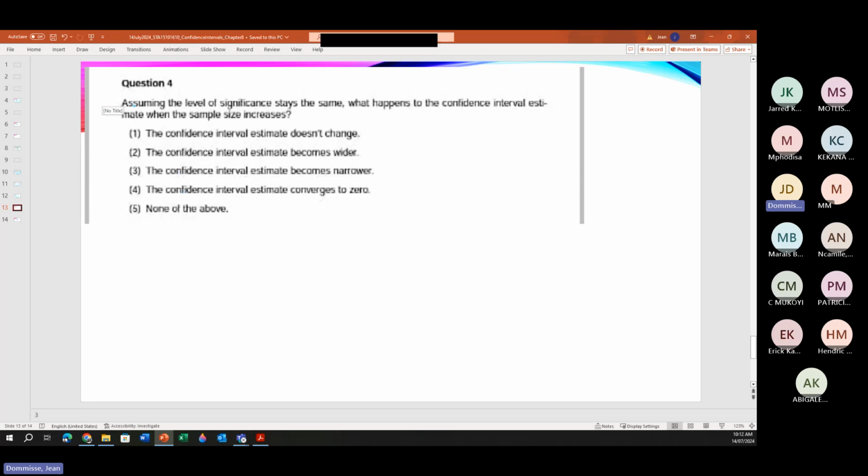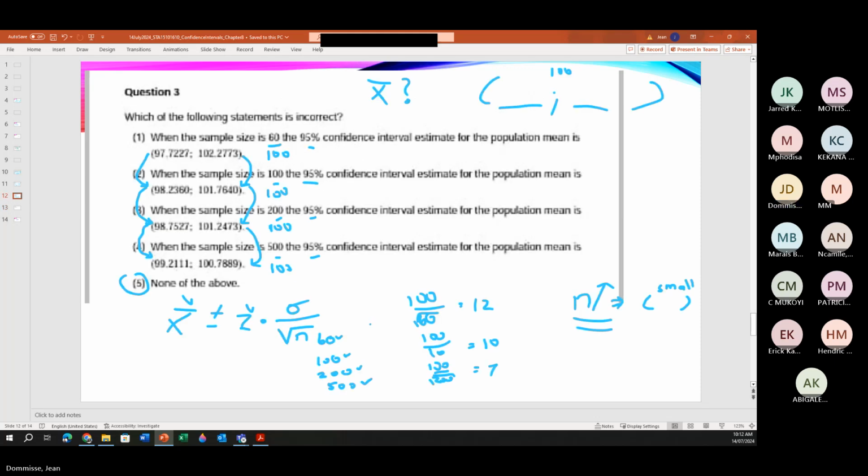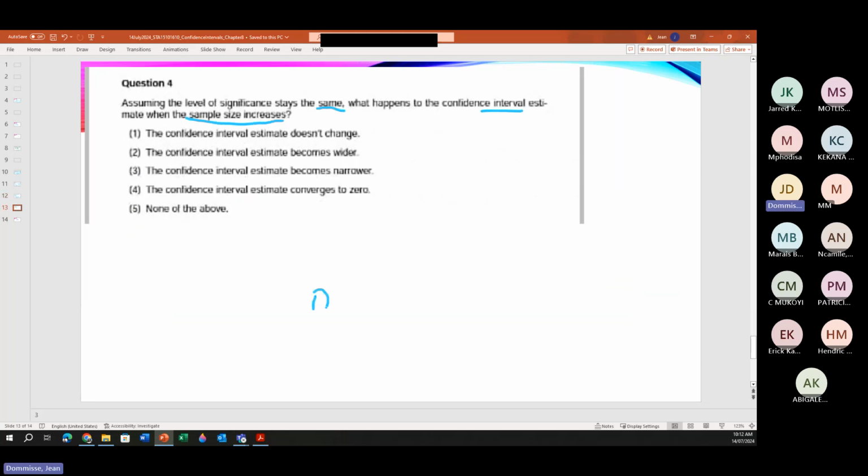So assuming the level of significance stays the same, what happens to the confidence interval estimate when the sample size increases? Okay, so we've now seen in this one, as sample size increases,